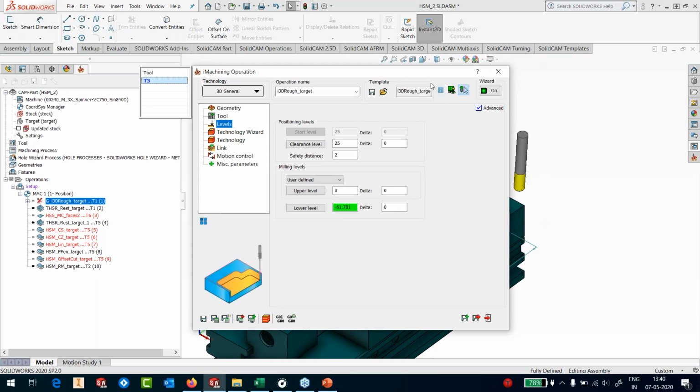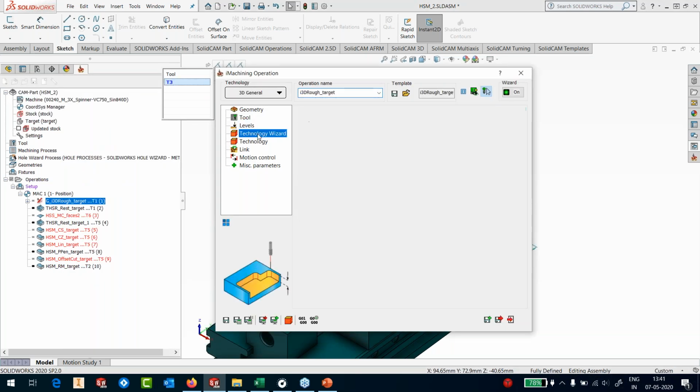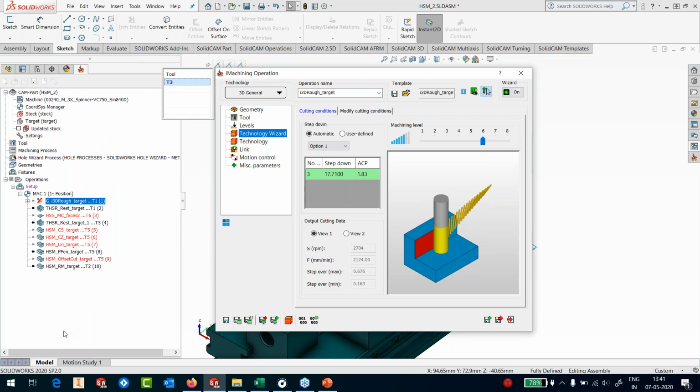I've picked the level as one of the points on my part, so I've just picked it here. So I can go here to the part, and I can just pick a point. Okay, so that's it. I'll go to the technology wizard. You can see that the moment I go to the technology wizard, once I've defined the tool, material, machine, and the geometry, my technology wizard has already calculated everything for me. So it's going to take 17mm depth of cut at one go with 3 step downs and an RPM of 2,704 with a feed rate, that's a mean feed rate of 2.1 meters with a radial engagement maximum of 0.6